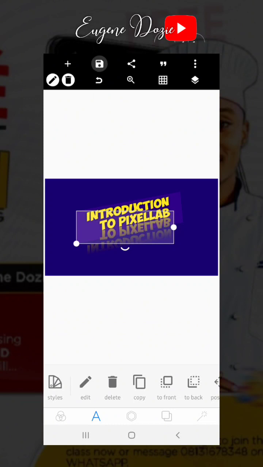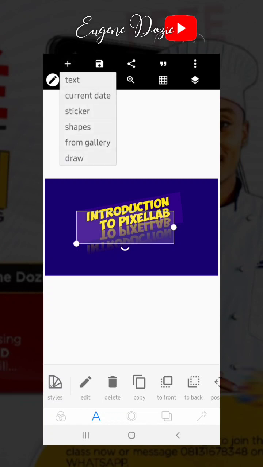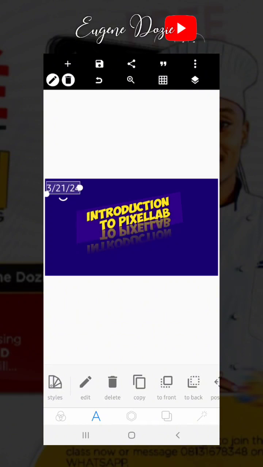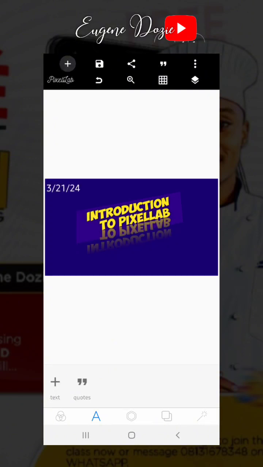Now when you're done, one other beautiful thing about PixelLab is you have the ability to save your job. You come to this button to save, but before we go about saving, let's talk about the plus. On this plus sign, this is where you can add text. You can add the current date. The current date is here now. You can also add